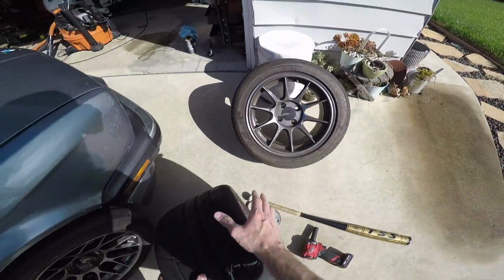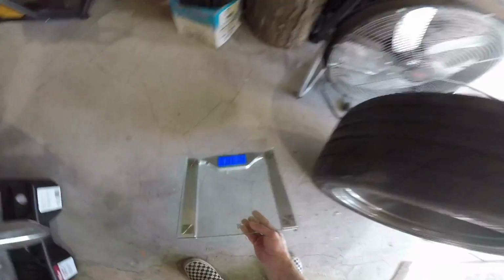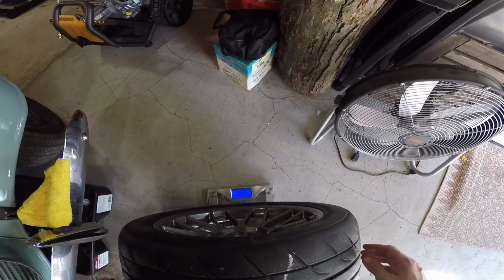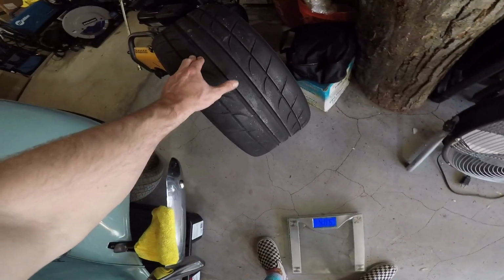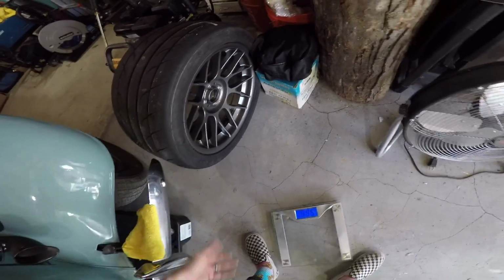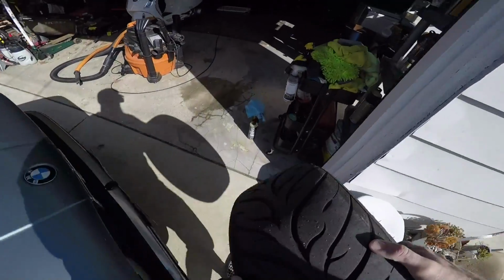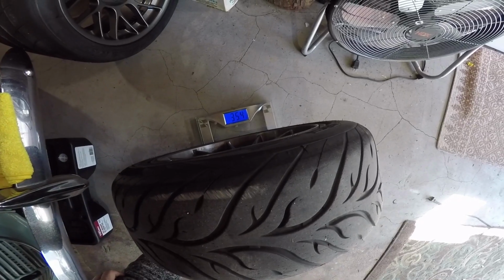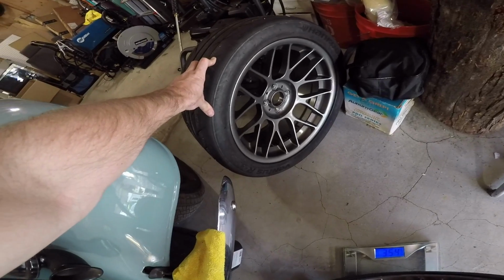We are gonna do a weight comparison because I know you guys want to know how much these things weigh. Should weigh more, assuming, because of the tire, how much rubber's on here. 40.6 pounds, which really isn't bad because usually the tire's around like, I think 23 pounds. So the wheel's like 17 or whatever. That makes sense? Yeah. I think these are around 35 pounds. These are the 15s. 35.4 pounds. So yeah, they're about 5 pounds more, which yes, that is a lot of unsprung weight, but also